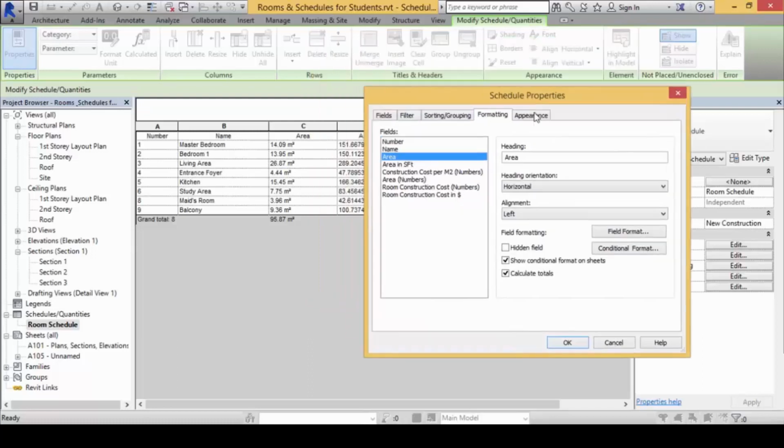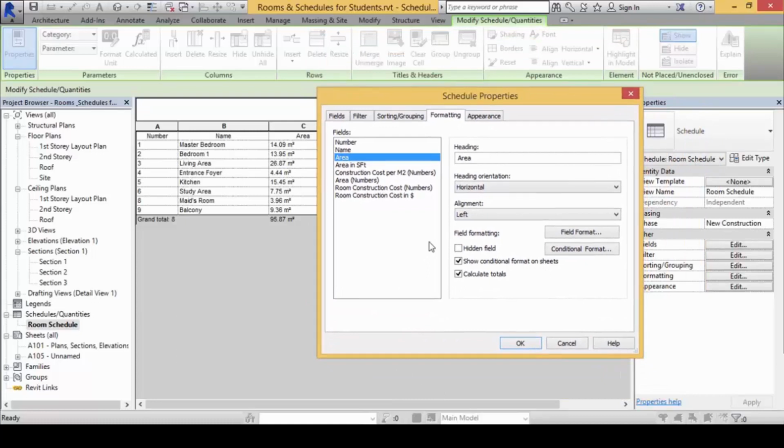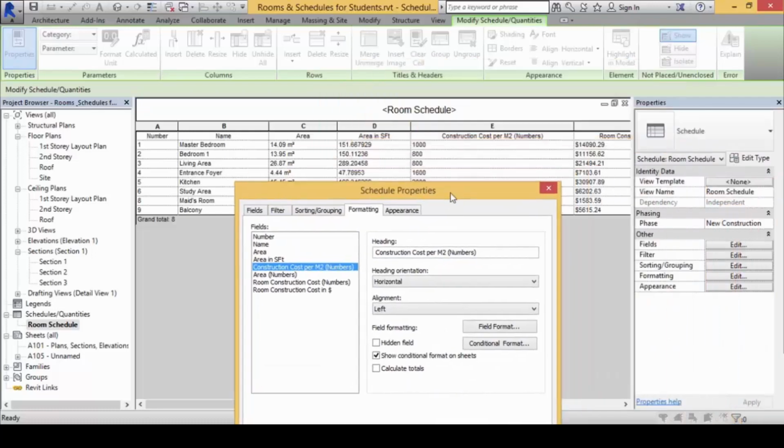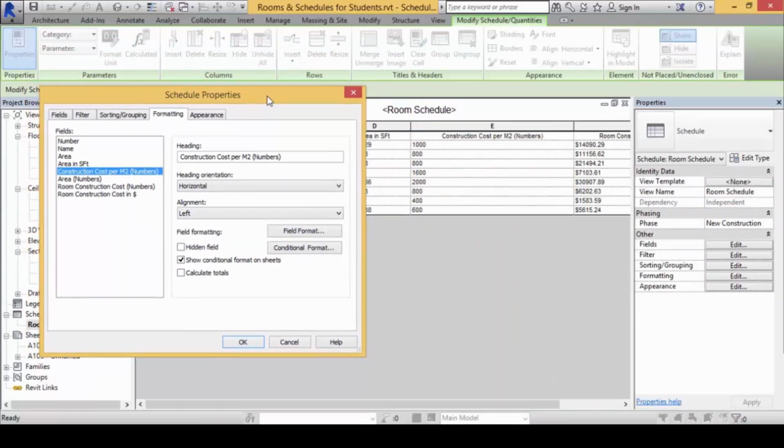Areas and so on, these are numbers. It can be center or it can be aligned right, especially when it deals with decimal digits. So in this case, let's have them on the right. Let's have them on the right as well. Construction cost by right refers to dollars and cents, but at the moment it is in dumb numbers. By right, I need to create another calculated value column that converts this to money, to currency, which I'll deal with later on. So don't worry about this for now.